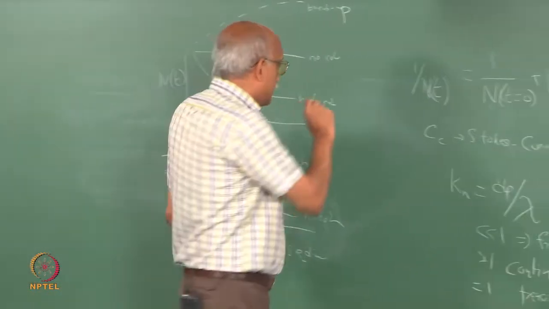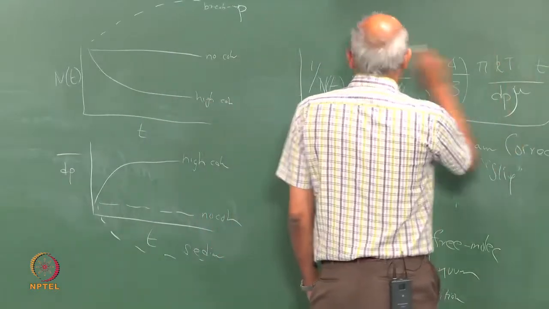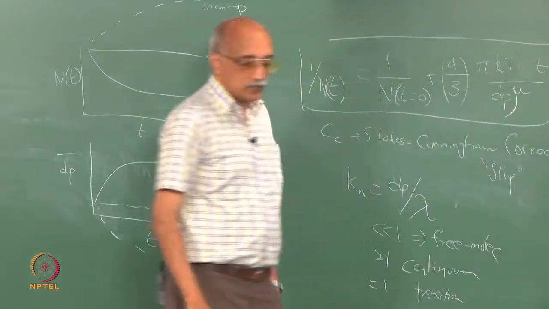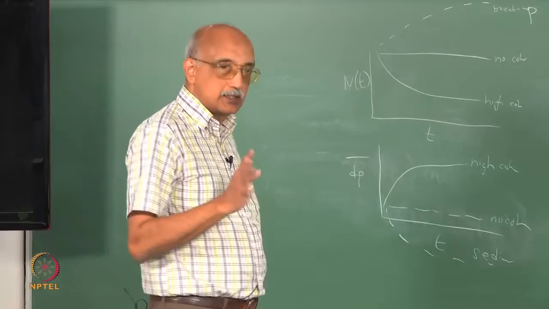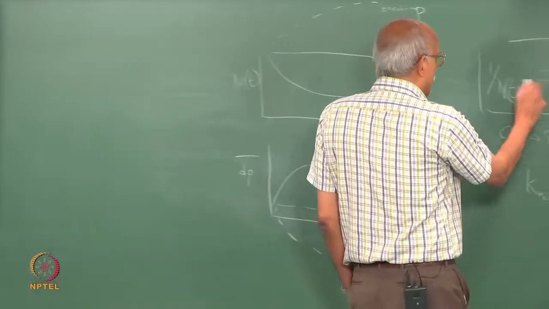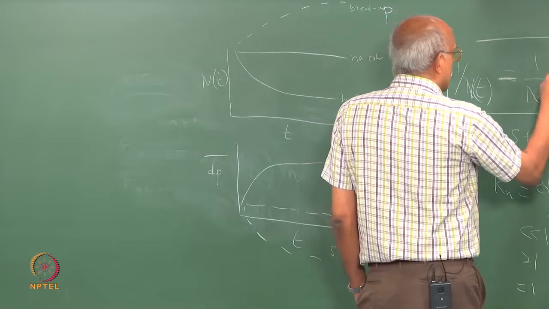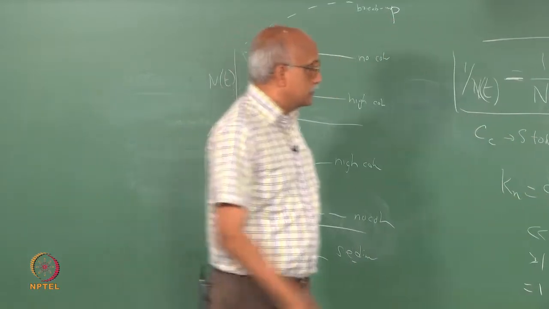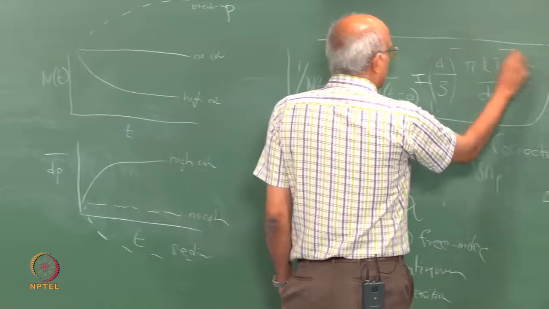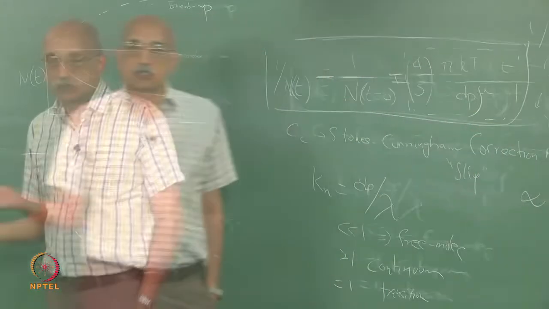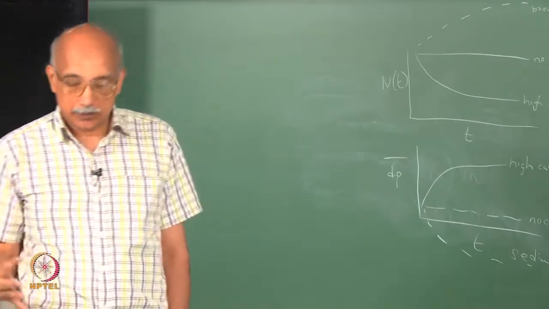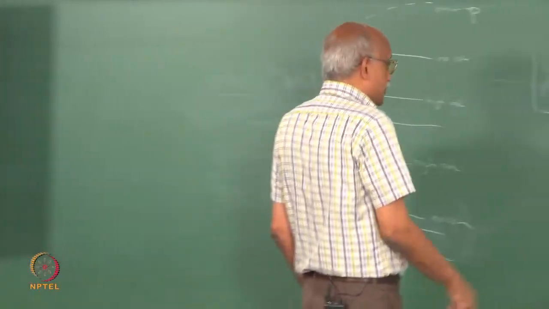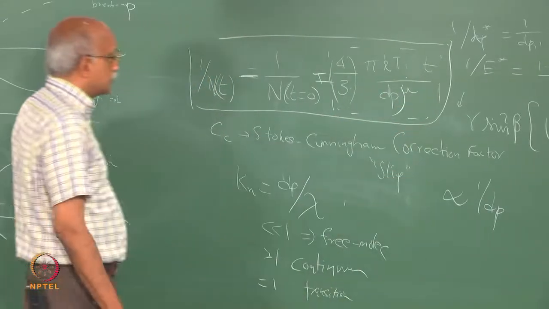So now this is a very important expression in the study of cohesion dynamics, because it gives you a lot of clues about how cohesion dynamics are affected by the various process parameters, and also how you can try and control them. For example, if you take 1 over n at t minus 1 over n at t equal to 0, the expression on the right hand side is basically, you can call it your extent of cohesion, because it represents the difference in the number of particles from time 0 to the number of particles at time t. So if you look at this expression as a representation of cohesion strength,